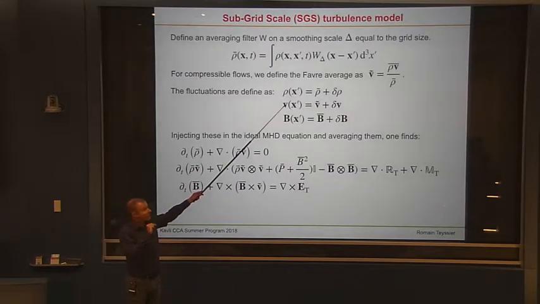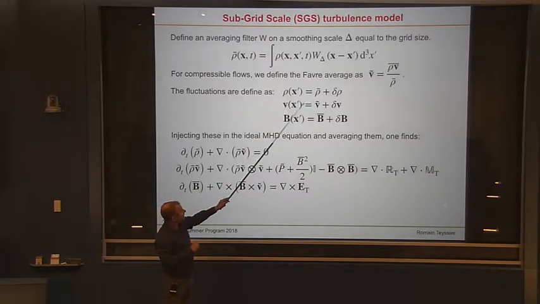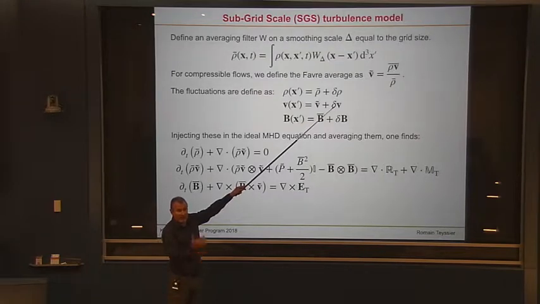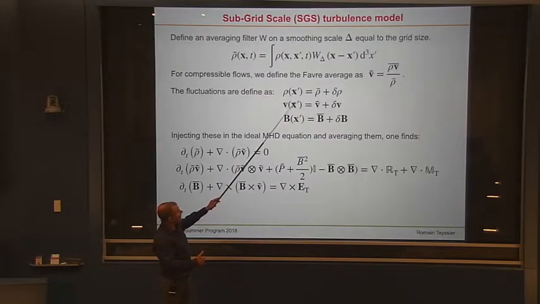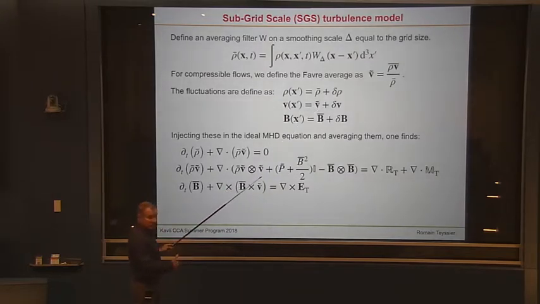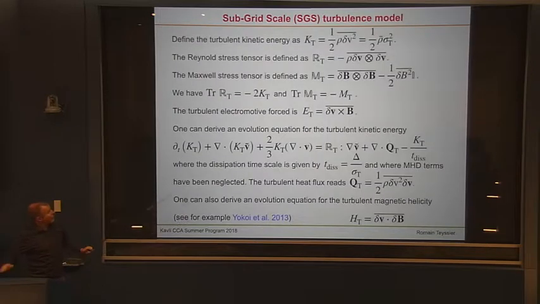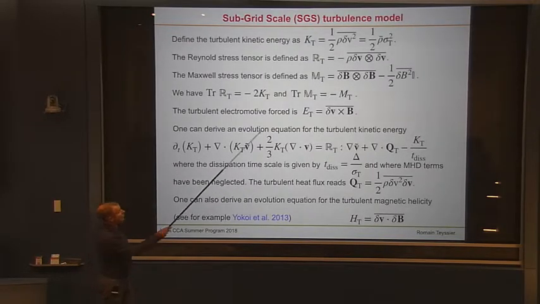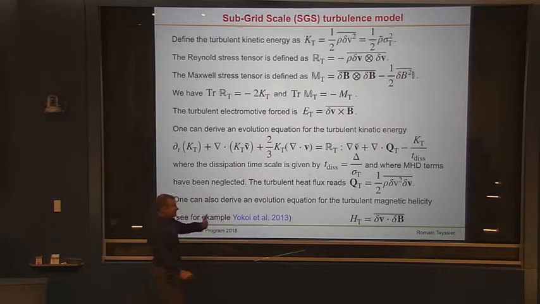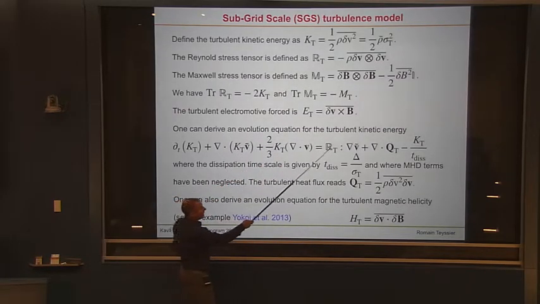So now you can derive, by subtracting this guy from this guy, an equation for delta V, right? So you can take the time derivative of delta V as the time derivative of V minus the time derivative of V tilde, which is here, right? And by doing this, you can actually find a new equation on the evolution of the turbulent kinetic energy. And again, no approximation here. That's the equation that describes the evolution of the turbulent kinetic energy, this guy, right? So that's an unresolved turbulence. And this depends on those guys, right?